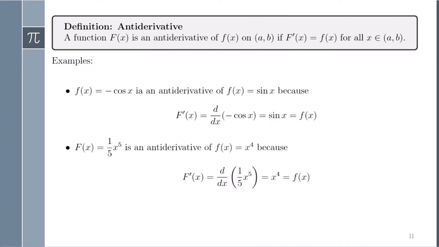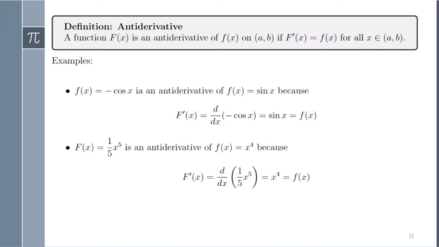So a function uppercase F of x is an antiderivative of another function lowercase f of x on an open interval (a, b) if the derivative of F of x equals the lowercase f of x for all x in (a, b). Or in other words, a function F of x is the antiderivative of f of x. If we find the derivative of this one, we get this other function. Okay, so for example,